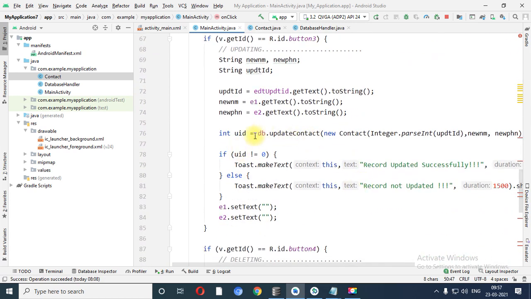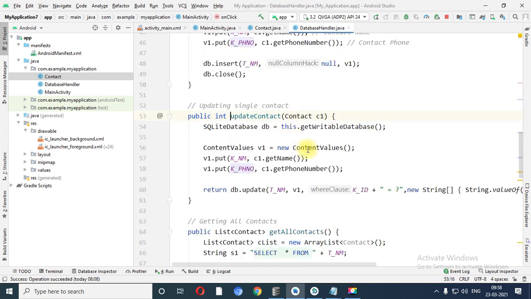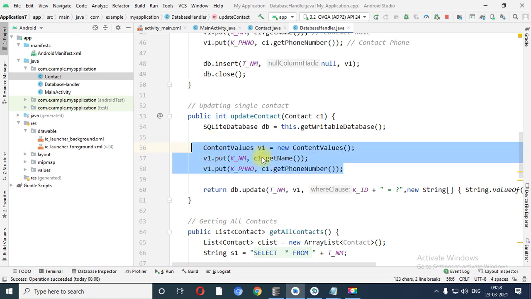Now see, over here UID is an integer variable and I have called the update contact method with the help of this. So naturally update contact will return an integer value. Now SQLiteDatabase, getWritableDatabase, ContentValues, v1.put, which value do I need to put? c1.getName, c1.getPhoneNumber.